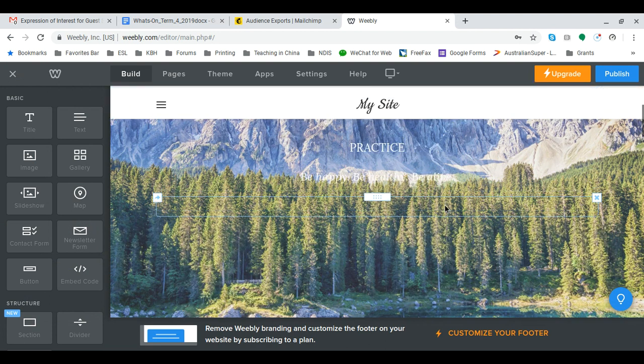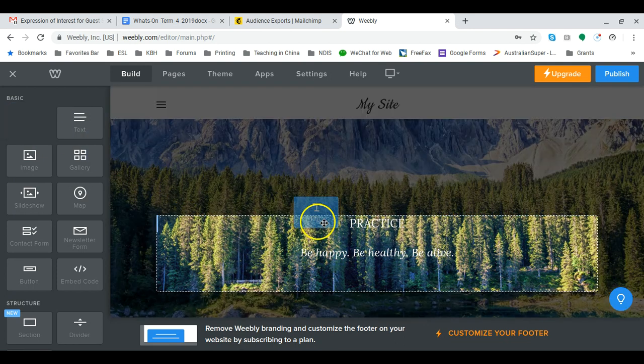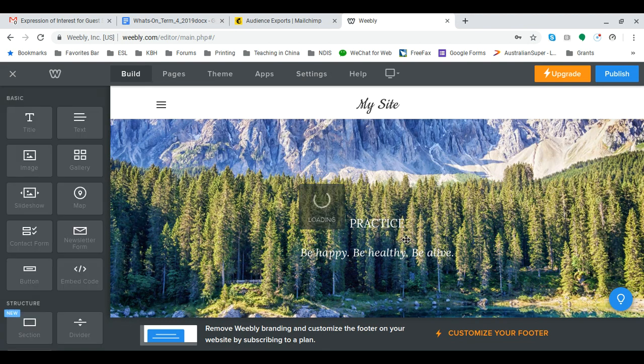The other thing I was going to show you today was how to introduce a title element. So I just have to go over here to where it says Title, and I click, hold, and drag, and you can see that very thin blue line. That indicates where the element, where the title is going to be placed. I let go,